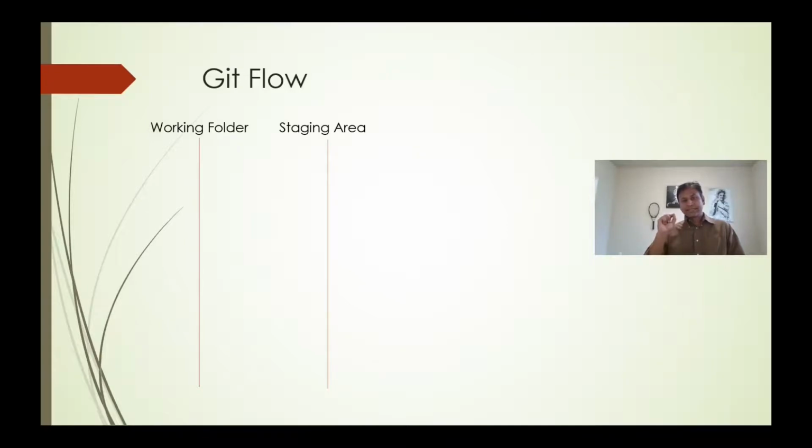So the next is the staging area, then the local repo, then finally the remote repo. In other conventional source control mechanisms, it will be like this only: working folder, remote repo. All you have to do is check out, check in, commit, rollback. That's it. For rollback, we always go to the version control administrator. Simply we cannot roll back or delete a version, because it's a very serious issue.